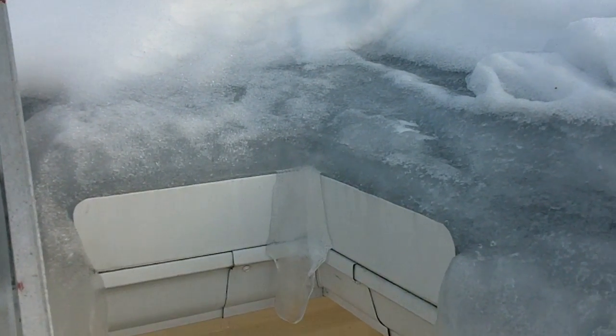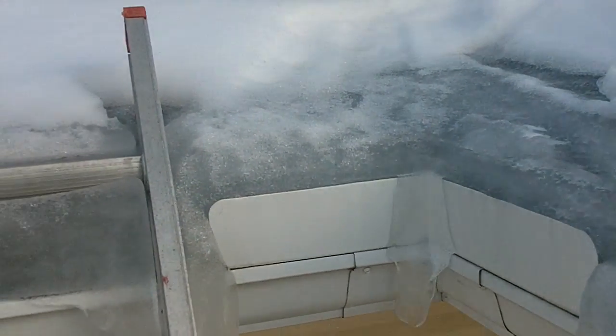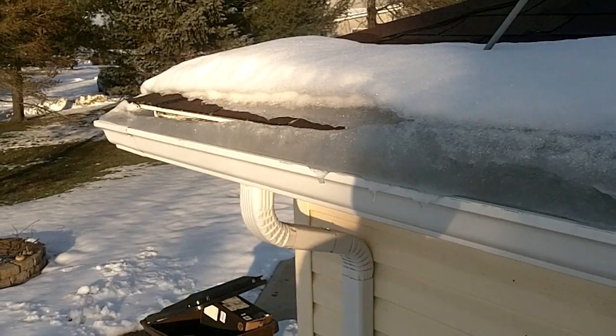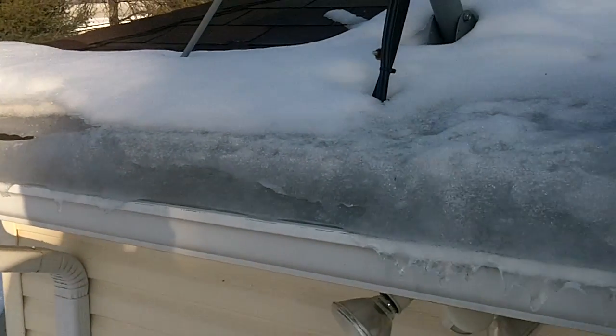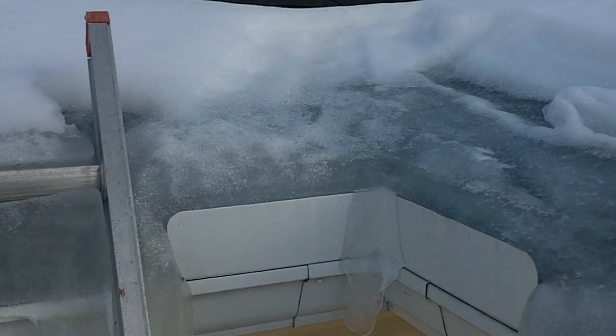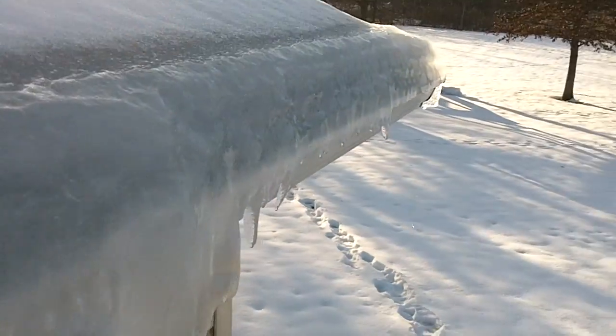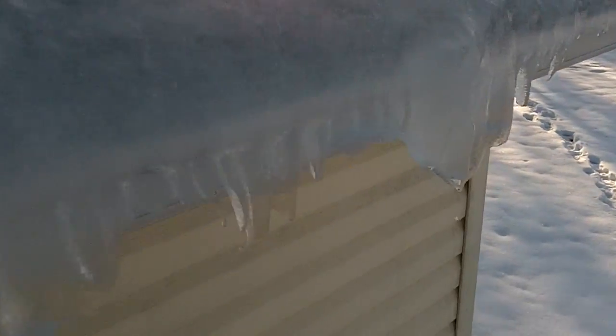Going to be installing some new heated gutter cable, and I wanted to show a picture of the before. This is the problem we're having right now with our gutters. We're getting ice in the bottom here, and we get ice dams that form back in our house. So we're going to try and install some heated gutter cable, but I wanted to show the before pictures of